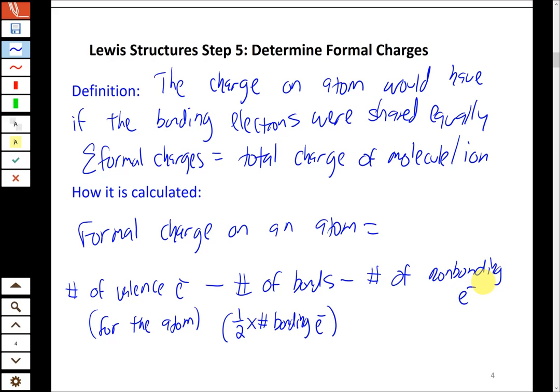All right, so each lone pair electron, each non-bonding electron, counts as belonging exclusively to that atom. It's not shared between the two, obviously. So that's how we calculate formal charge. It's just three things you have to consider: valence electrons, and then